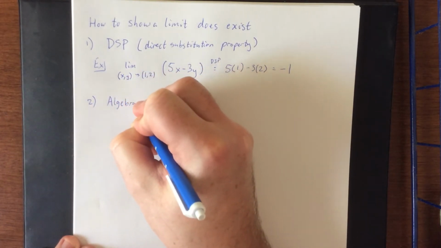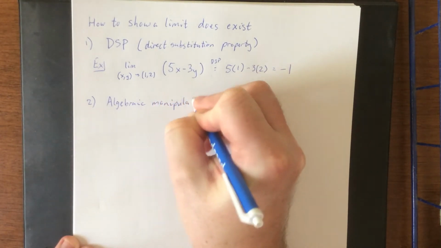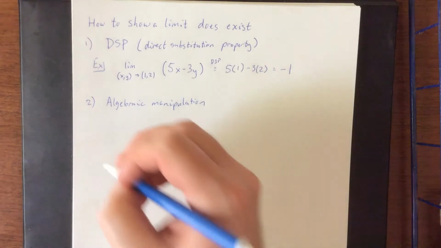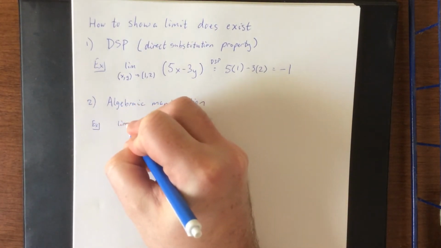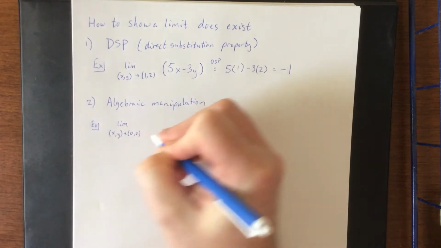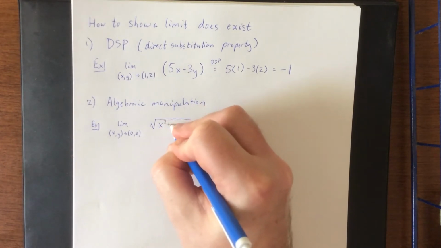Second possibility is algebraic manipulation. So algebraic manipulation could come from things like eliminating fractions inside of fractions, that is simplifying complex rational expressions, multiplying by the conjugate of a radical expression, all sorts of things that could have existed from way back in the beginning of Calc 1. So limit as (x,y) approaches (0, 0) of, let's do the square root of x squared